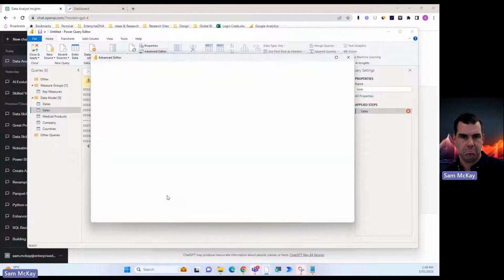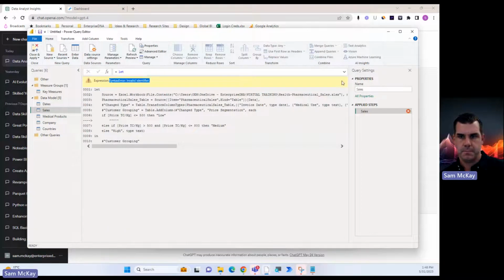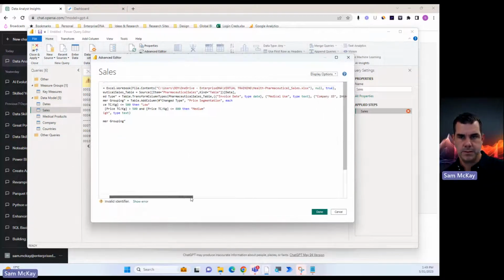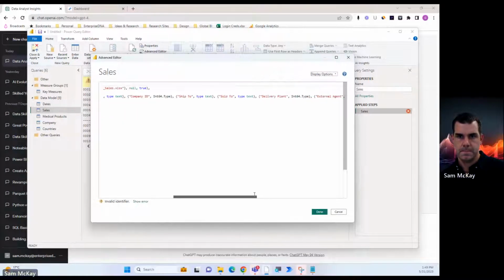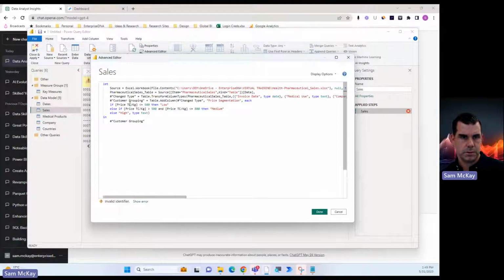Invalid identifier. So it's something to do with that. You know what? Maybe that is not a... it's a type number. Interesting. Not sure what's going on there. See, that should be fine.